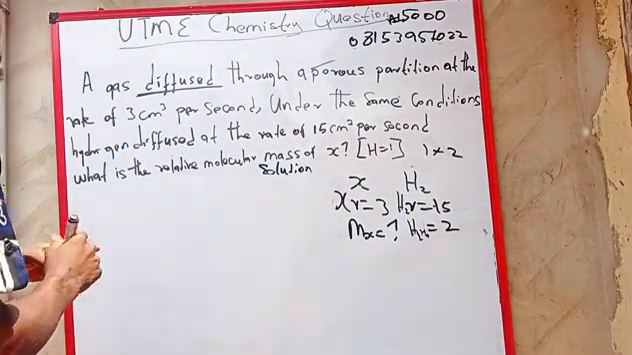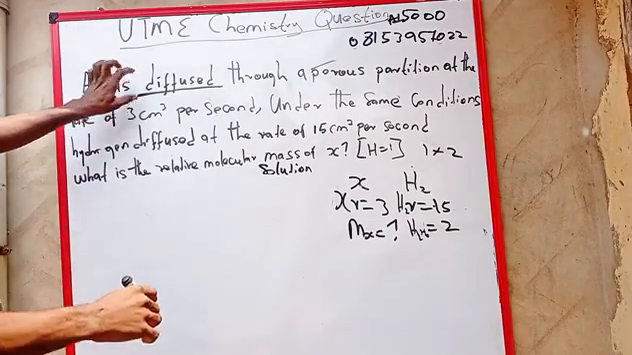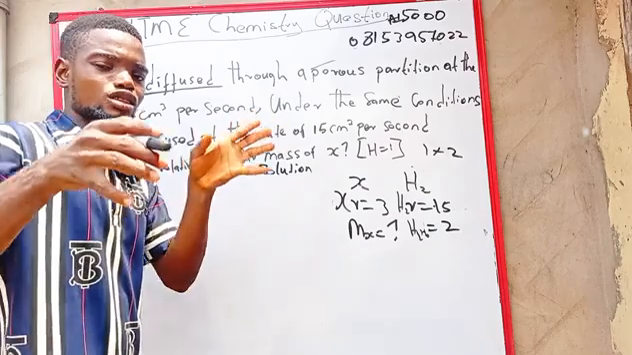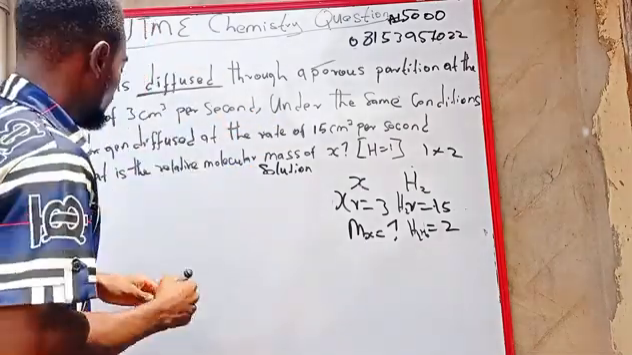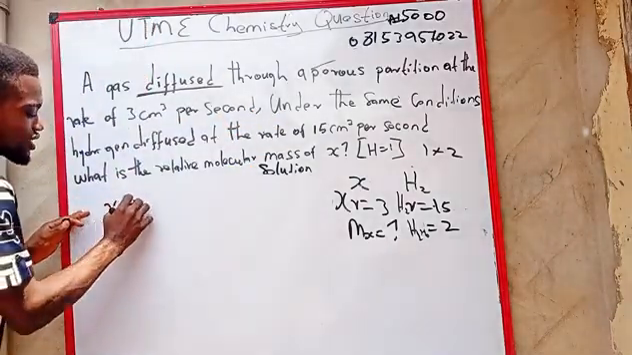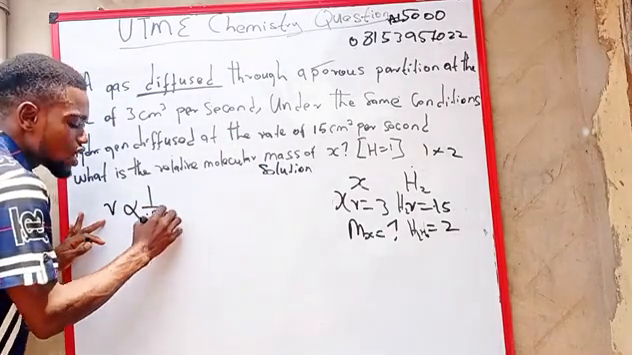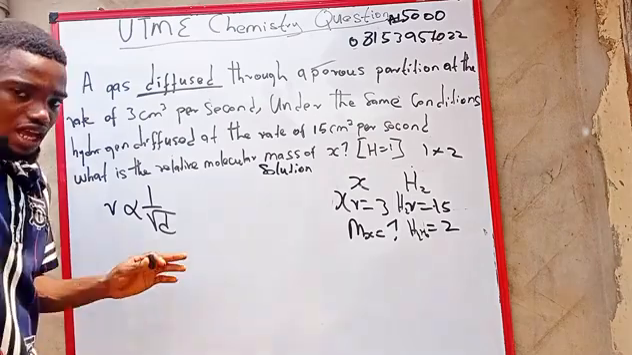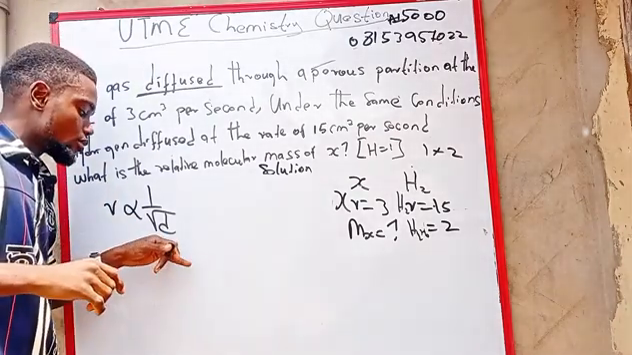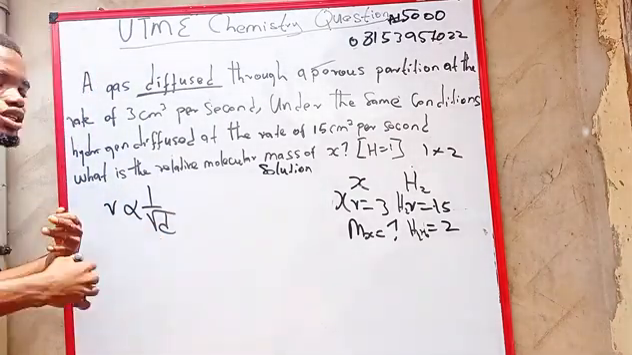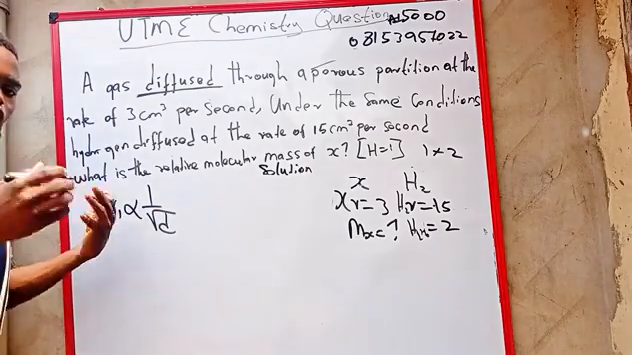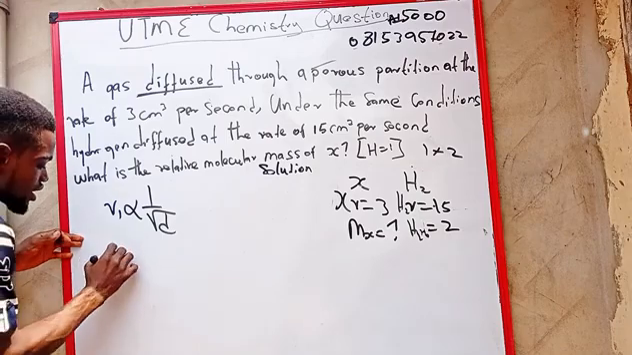Now listen carefully as we keep on going. This is related to Graham's law of diffusion of gas, which states that the rate of diffusion of a gas is inversely proportional to the square root of the vapor density. Now, when we consider two gases, we will find out that the rate of diffusion